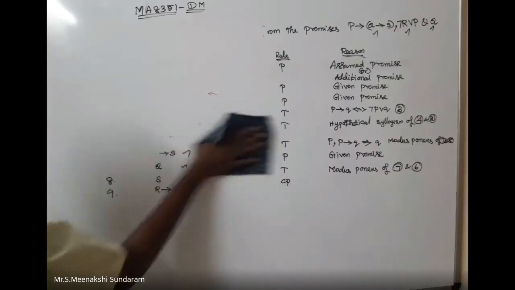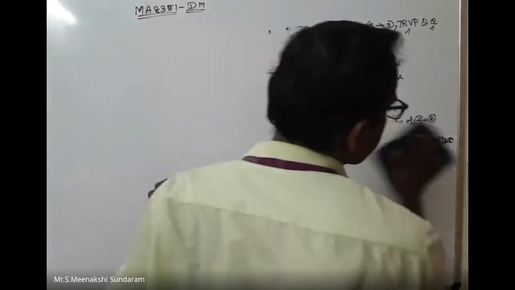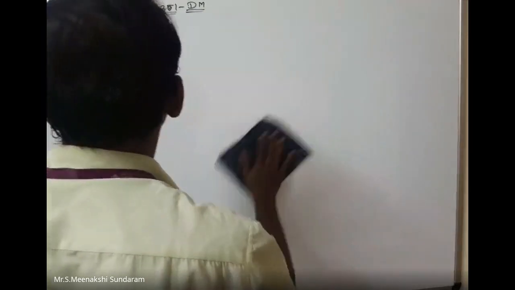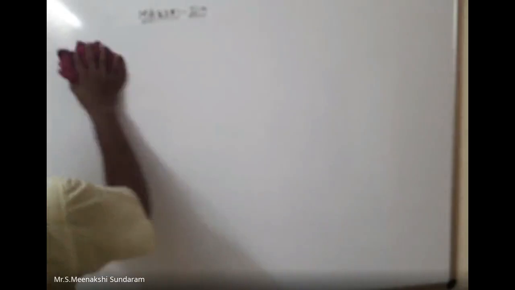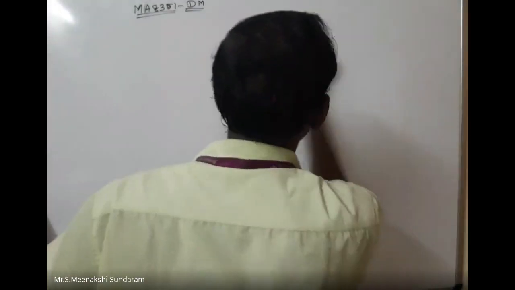The method is not unique. You can do it in your own way. If you have a doubt, you can send it to me. I will check whether it is correct or not, and whether the final conclusion can be reached. I think the third problem is also the same, rule CP, which you can find from the form itself. I would like to move on to the next problem, the fourth one.